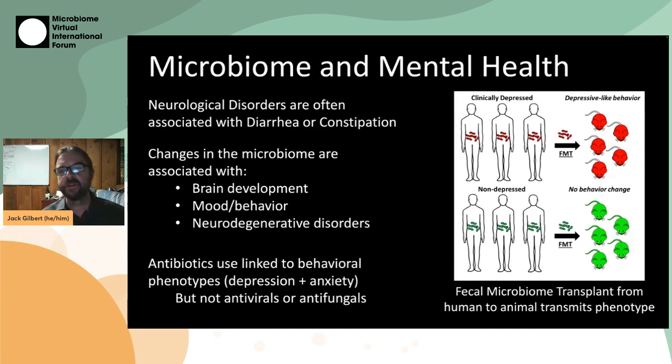of symptoms. We also know that we can take clinically depressed people's fecal microbiome and do an FMT into a mouse model, and those animals will show depressive-like behaviors. And I'll talk about what those are in a minute. But non-depressed people's microbiome doesn't demonstrate the same phenotype change. So there's something, again, about the bacteria that are present in a clinically depressed person's gastrointestinal tract that appears to